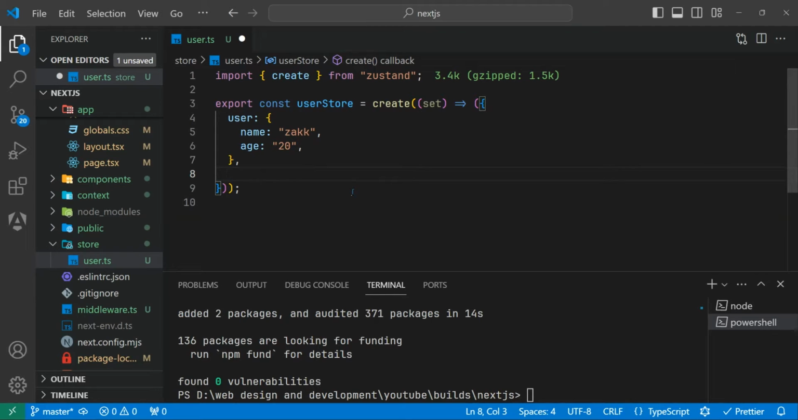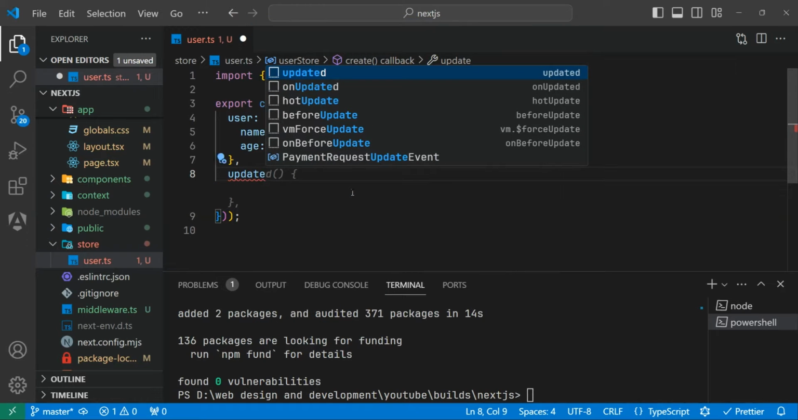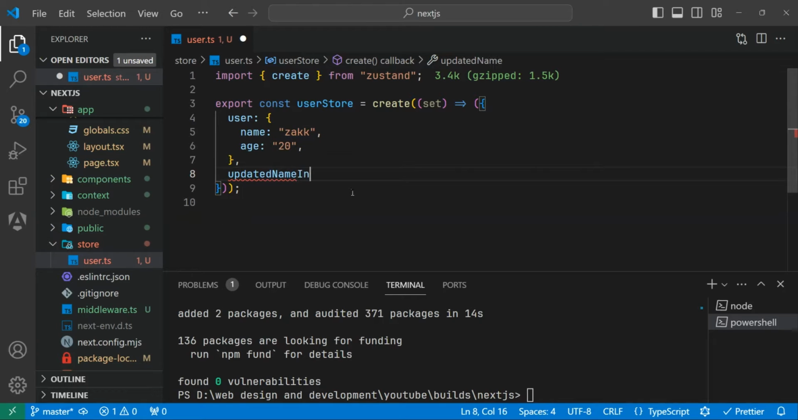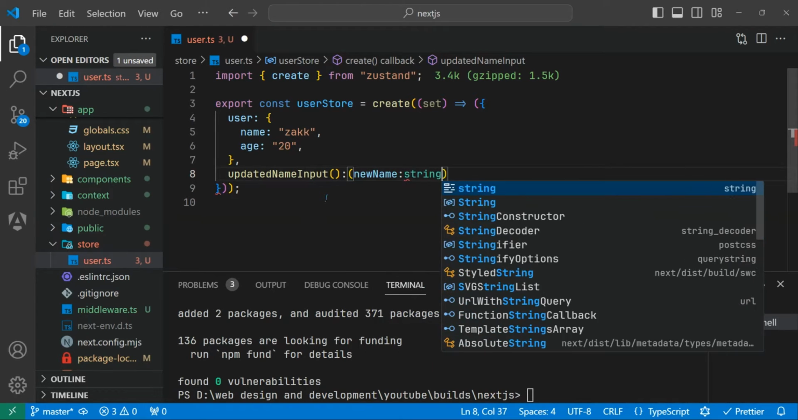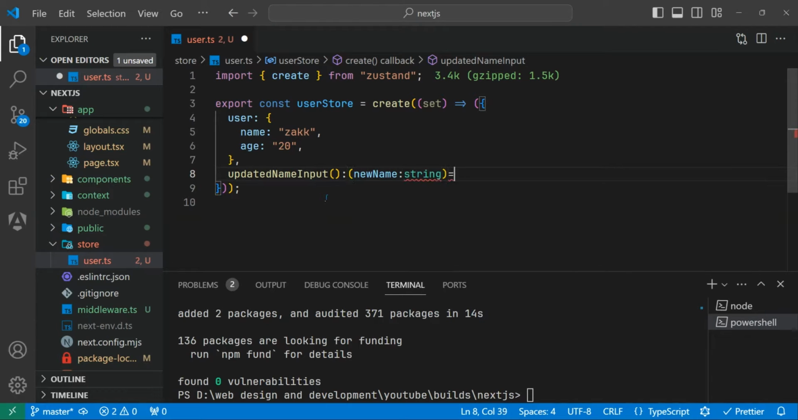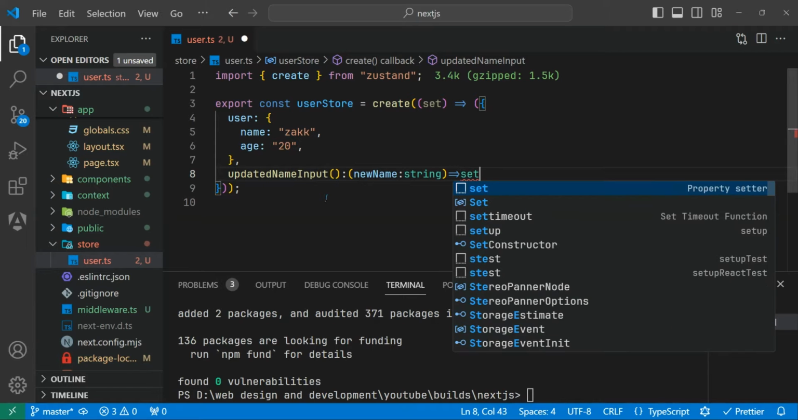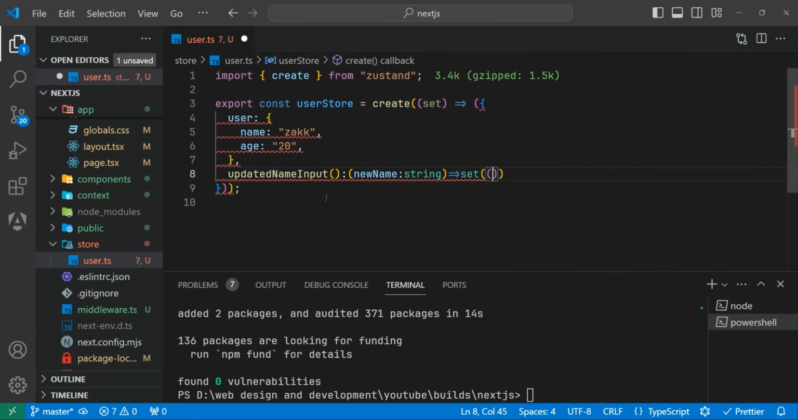So let's create first update name input, updated name input. This is a function to pass to components, or you can change this state inside this function. Let me show you that. Let's say new name string, and inside this string let's create a function, and let's say set state,